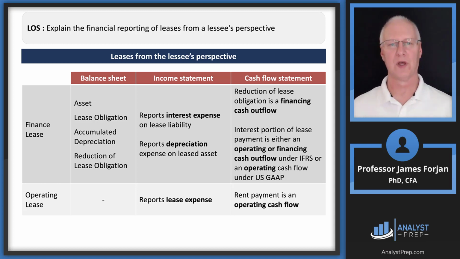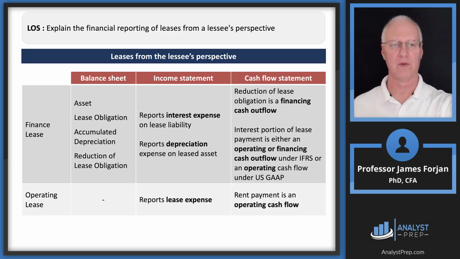On the income statement, we're going to report interest expense and we're going to report depreciation. And then this is probably important here. So look at the very top there. Reduction of the lease obligation is a financing cash outflow, but the interest expense is either operating or financing under the international standards, but it's an operating cash flow under US GAAP. And I'm pretty sure if you go back and read the cash flow or watch my cash flow